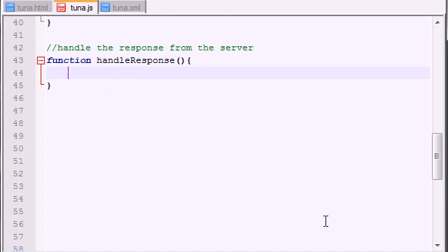So the first thing that we need to do is store this entire response as an XML object. In order to do that, just go ahead and make a variable or object, whatever you want to call it, and say XML response. Now what this is basically going to be is the entire file itself. So set this equal to XML